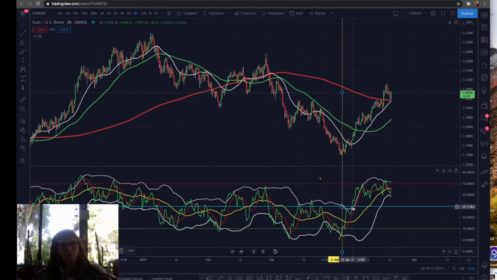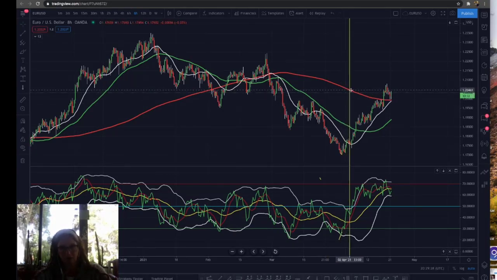So now you are on an 8 hour time frame and you do not move back down to the 4 hour, the 1 hour, or any of the lower time frames. When the 8 hour comes out of the band, which is right here,